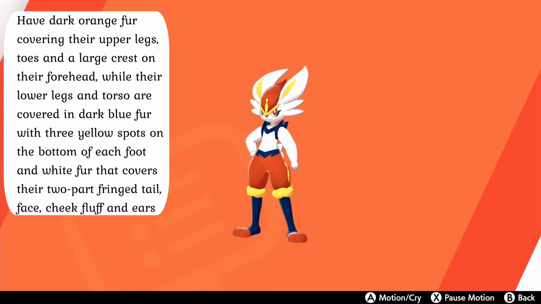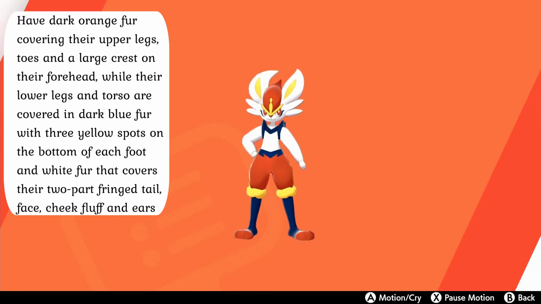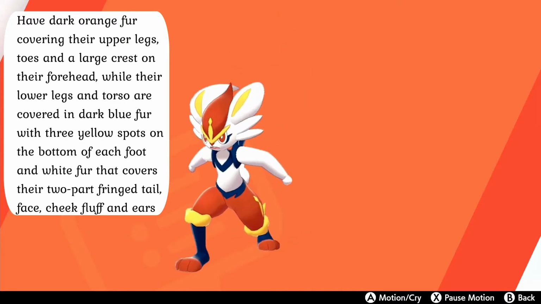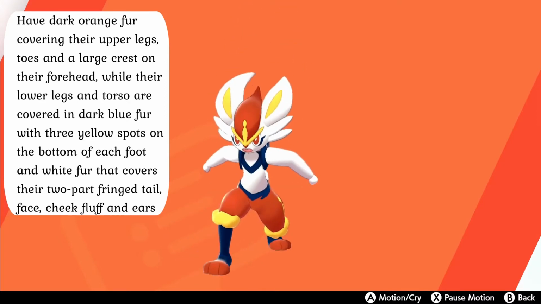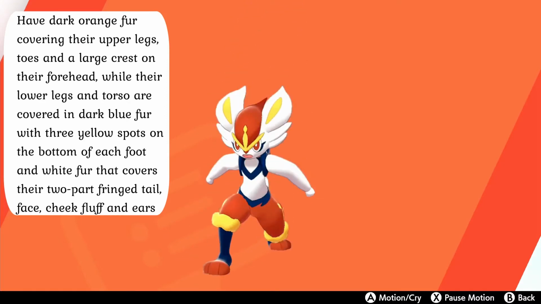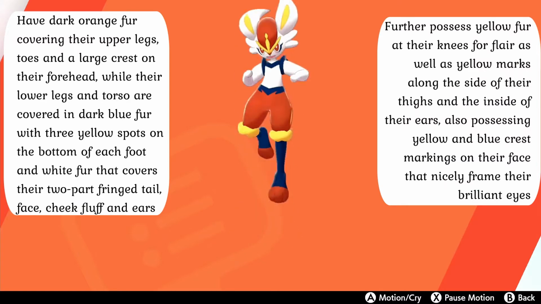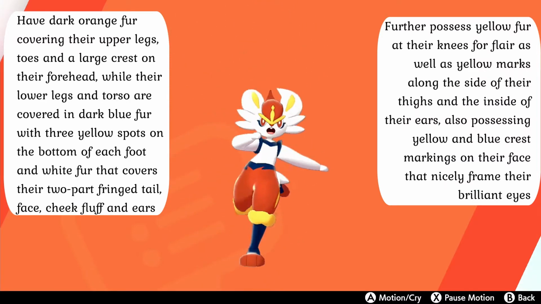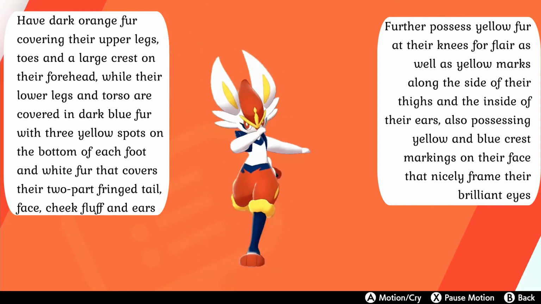Their final evolution, Cinderace, have dark orange fur covering their upper legs, toes, and a large crest on their forehead, while their lower legs and torso are covered in dark blue fur with 3 yellow spots on the bottom of each foot and white fur that covers their 2-part fringed tail, face, cheek fluff, and ears. They also have yellow fur at their knees for flair, as well as yellow marks along the side of their thighs and the inside of their ears, further possessing yellow and blue crest markings on their face that nicely frame